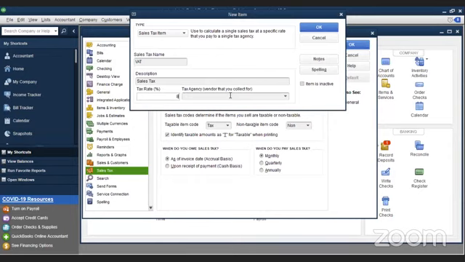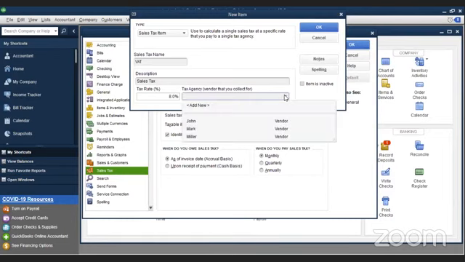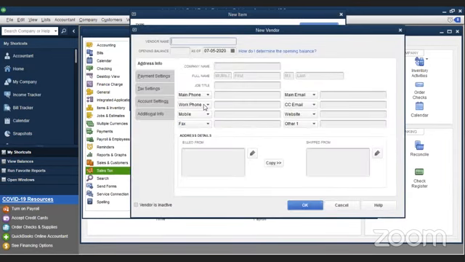It will be your vendor. So you're going to create an account for your tax agency. So you're going to go to add new and put his name, Inland Revenue. Say okay.